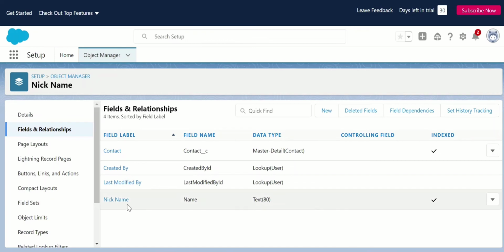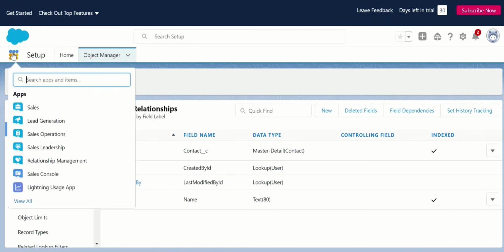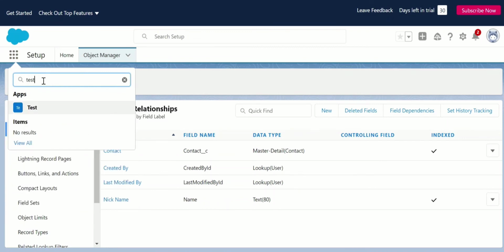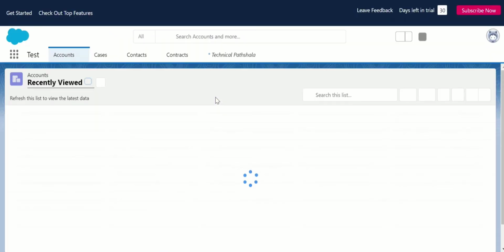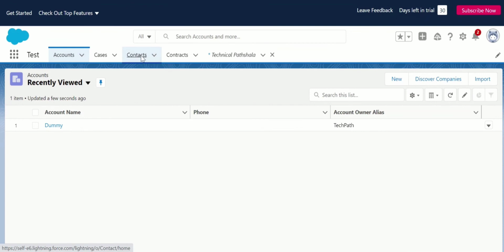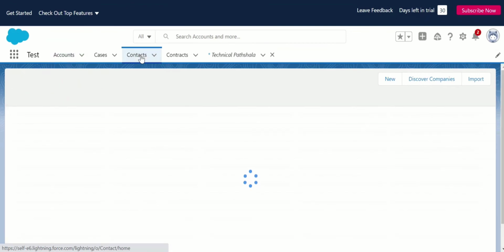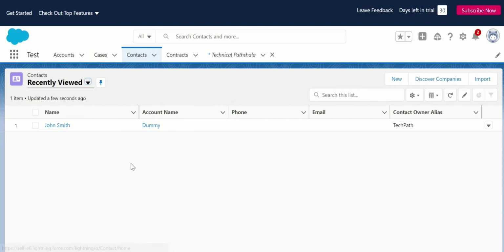So now you can see one nickname relationship has been created. So let us see this in our application. Click on Contacts.